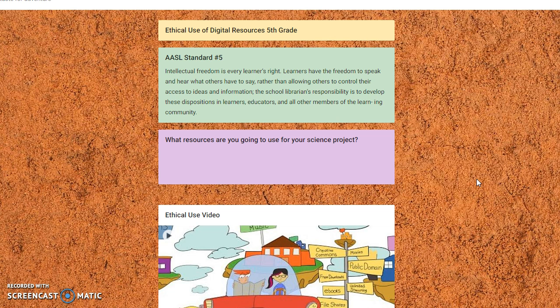The first thing I want to start with is a standard regarding the use of other people's resources. And it's intellectual freedom is every learner's right. Learners have the freedom to speak and hear what others have to say, rather than allowing others to control their access to ideas and information. The school librarian's responsibility is to develop these dispositions in learners, educators, and all other members